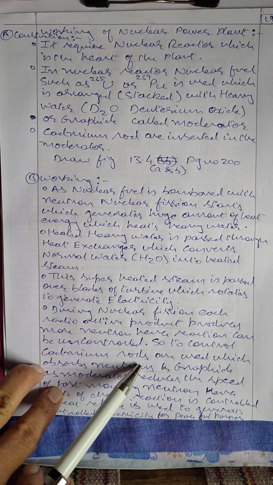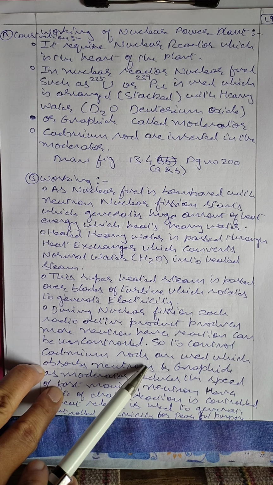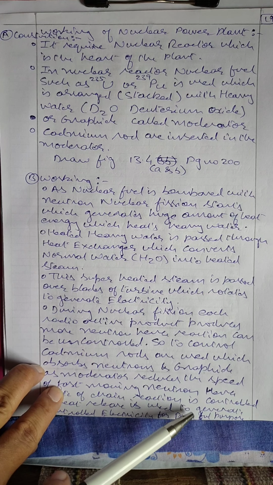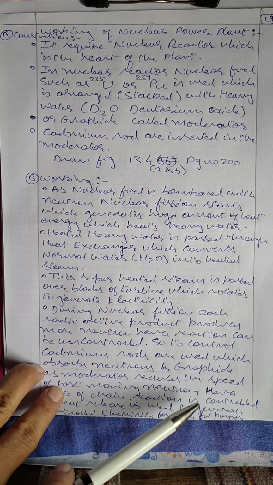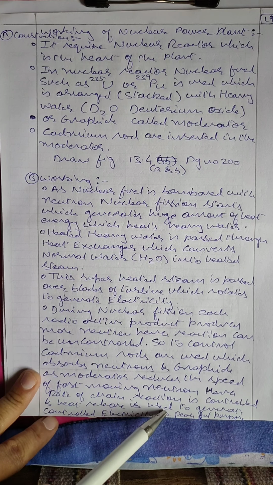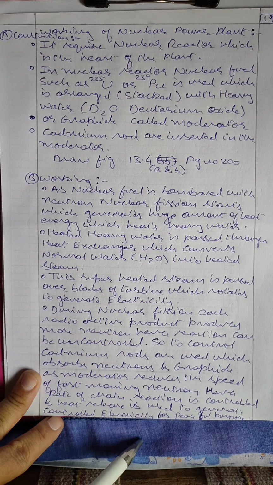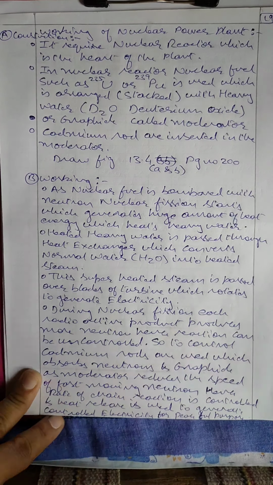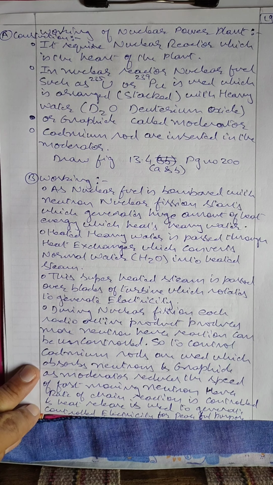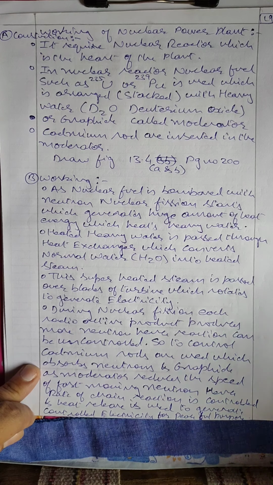and if the nuclear reaction slows down, heat is controlled. If suppose we want more heat, we remove cadmium rods from the reactor. As we remove cadmium rods, more neutrons are generated. More neutrons cause more heat, and we increase the heat. So this is how we can control the heat. It is like an accelerator or brake. The moderator and cadmium rods are used to generate heat in a peaceful and controlled manner. We already know that if this reactor is unable to be controlled, the reactor becomes a nuclear bomb and it explodes. So to control it, we need a moderator, and this is how we control the temperature.